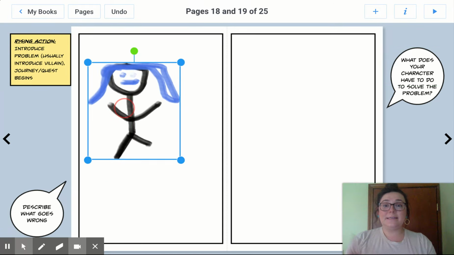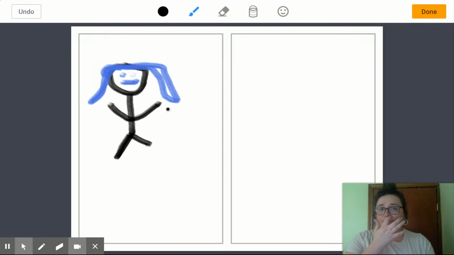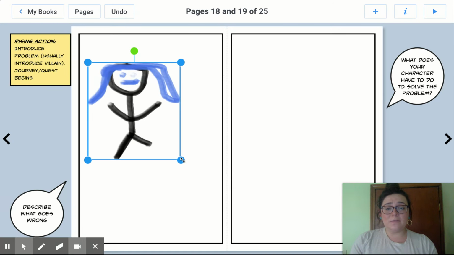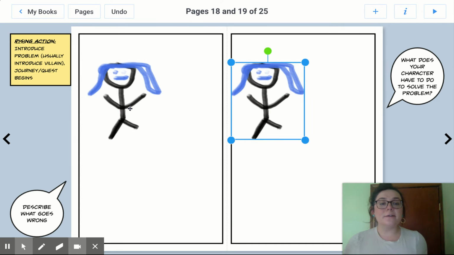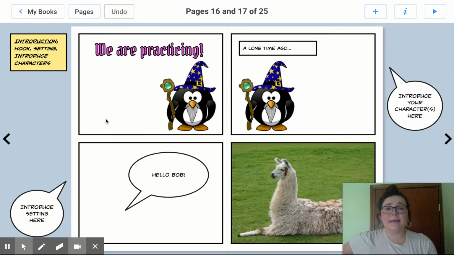Bobby, is here. And I can go back and edit if I want, but also I can shrink him and I can make duplicates of him. And now instead of redrawing your main character or your background each time, you can just duplicate it and not have to work as hard as possible. So it's going to be really important that you really design carefully each of your little panels to make them represent each of the scenes. You want to make sure that it really helps the reader visualize what you have worked so hard developing and